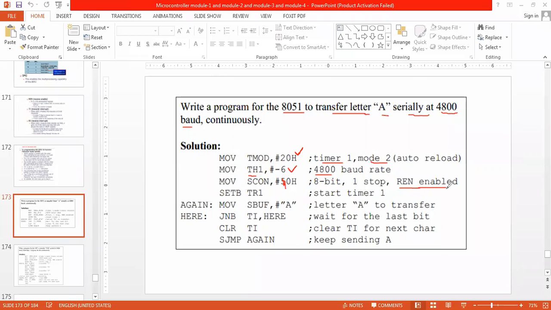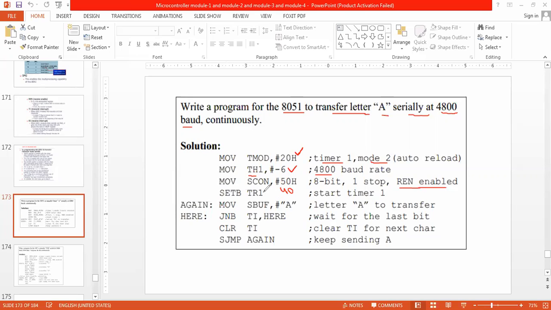Receiver enabled? No, we are not receiving the data, we are transmitting the data, so we'll make it 40H.